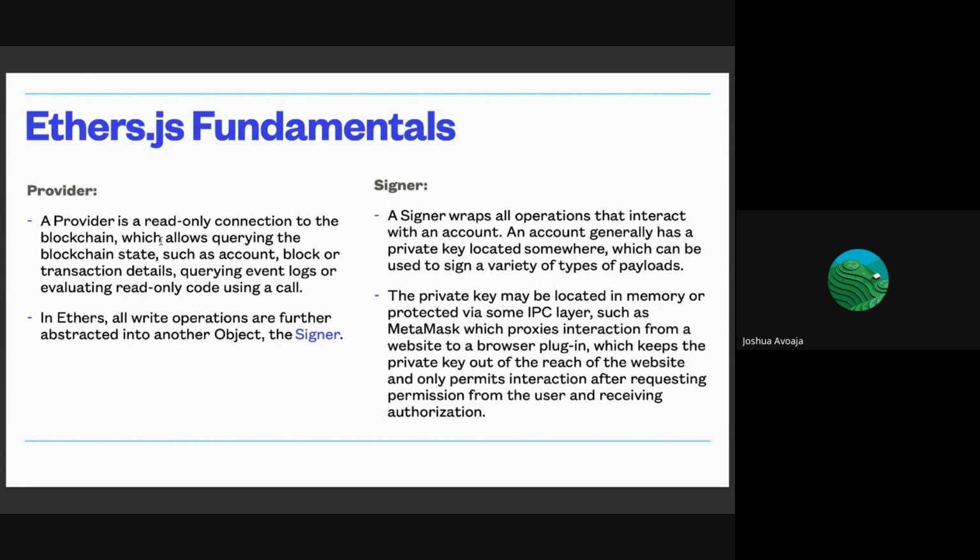For anybody that has worked with NextAuth, you're working with a database. The database provider could be a MySQL driver that basically provides a connection between your back end and the database. It's probably hosted somewhere or hosted on your server. So in the case of Ethers.js,